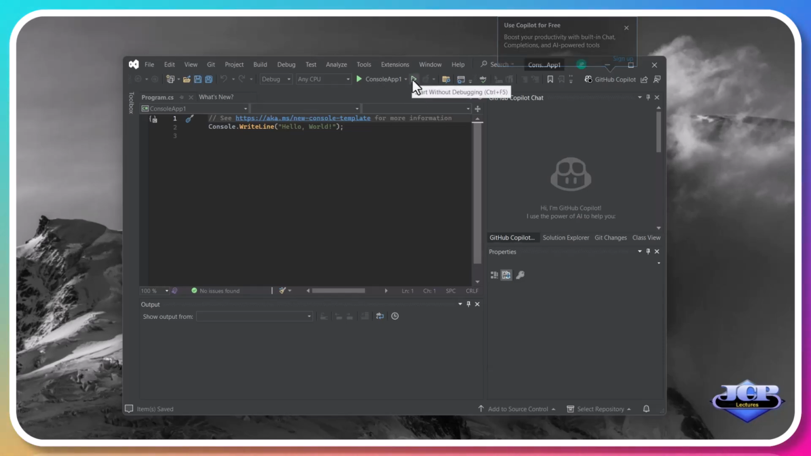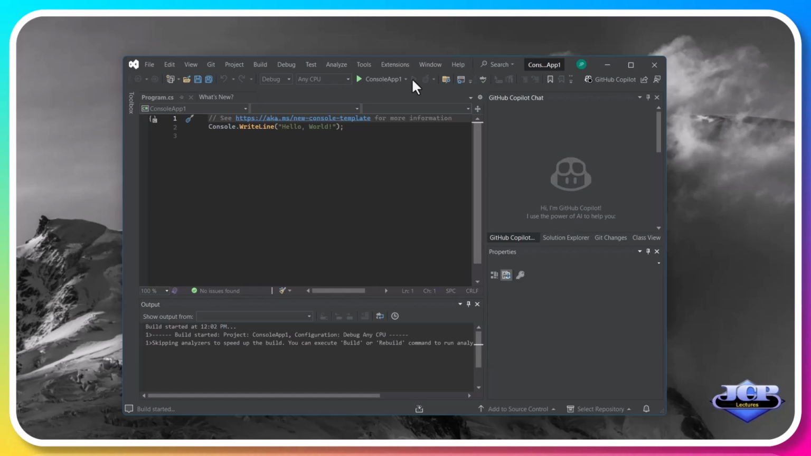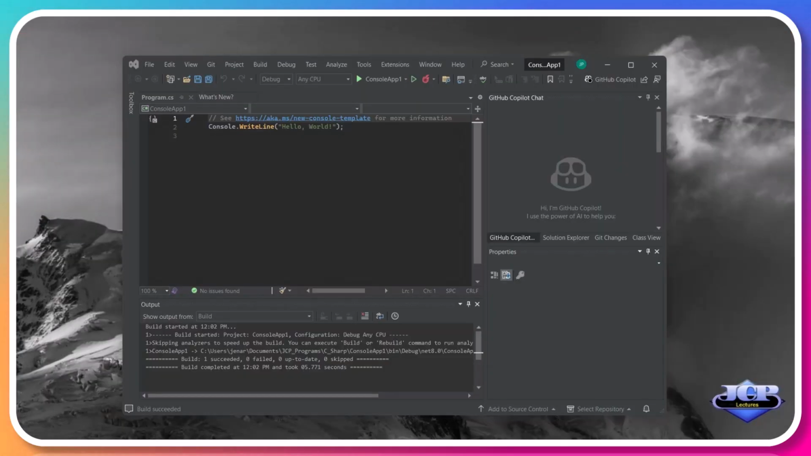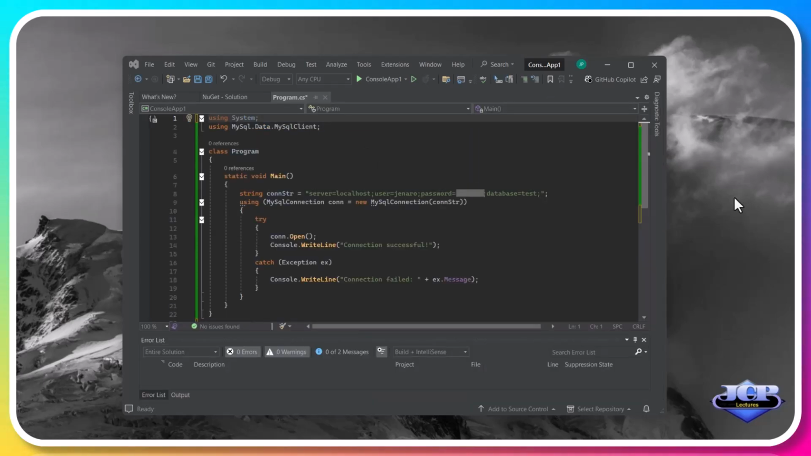To run the program, just click the green arrow. To close the console, just press any key. Now I am going to remove all the code and paste new code to make a connection to my SQL